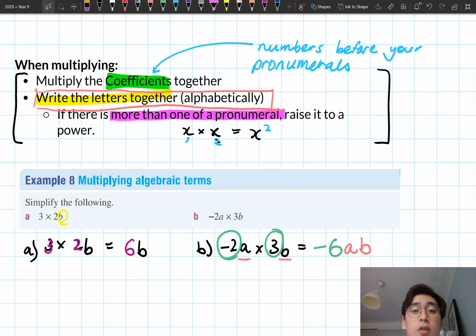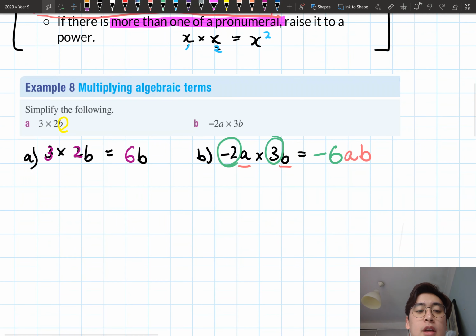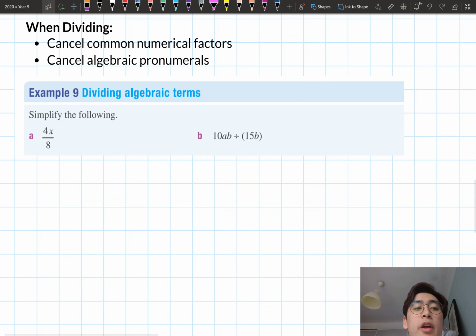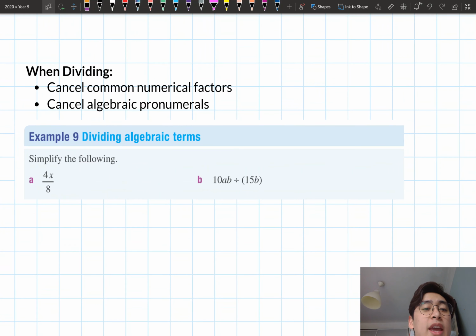Okay, so we've just done multiplying algebraic terms together. What I'm going to do is go through dividing algebraic terms. So let's have a look further down here. I'm going to scroll down a bit. Okay. What we're doing when we're dividing is we're cancelling common